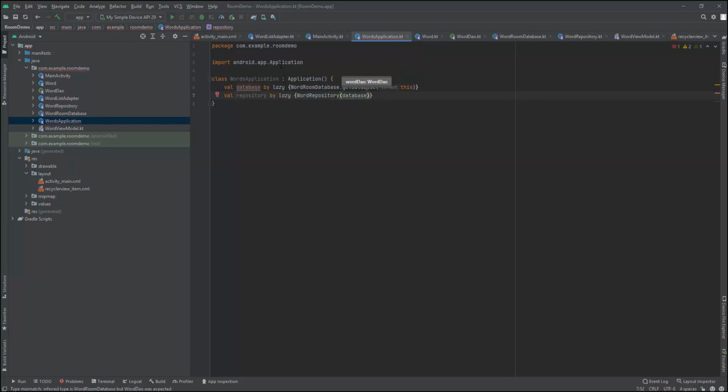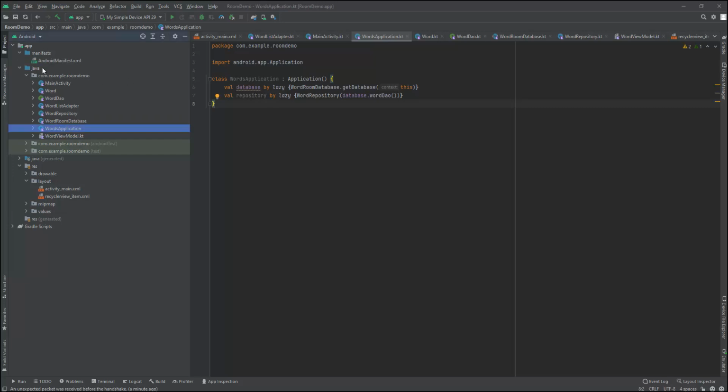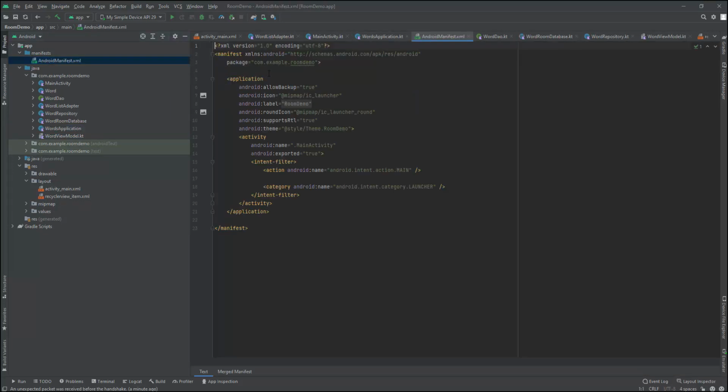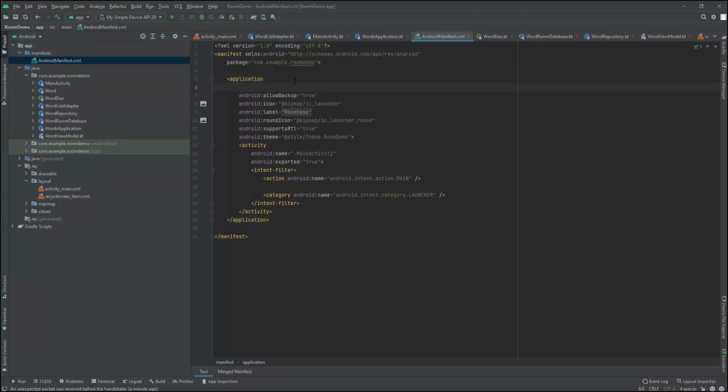And we will pass it the database Word DAO. Next, we need to add this Words application to our Android manifest. So I'm going to open my Android manifest file, and right up here at the top under the word application, the very first thing, I'm going to add